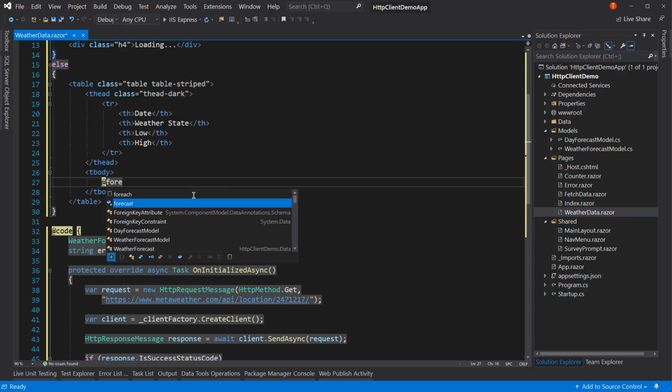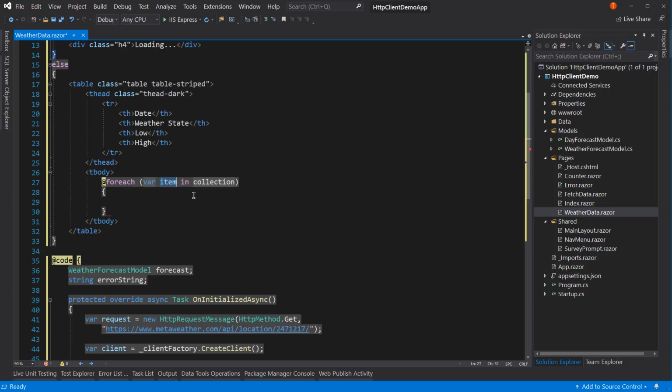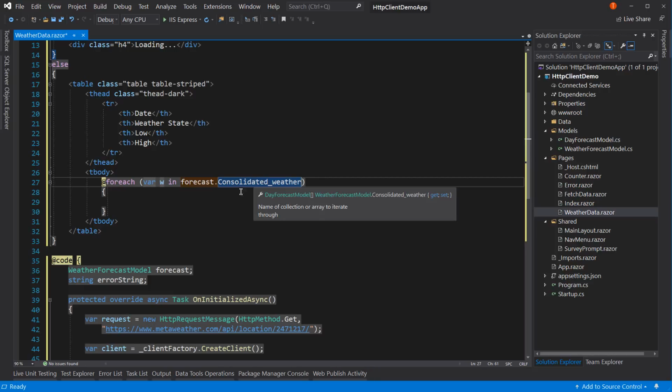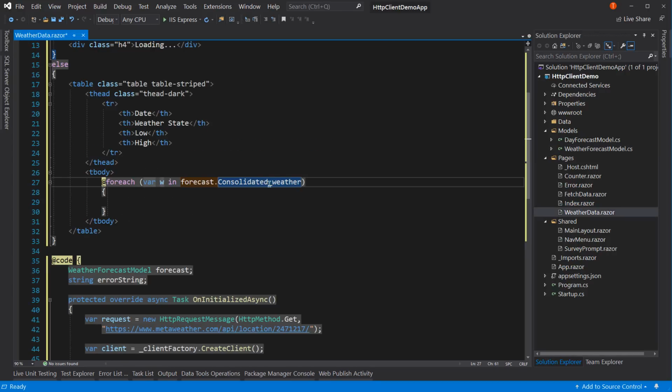So at for each, not forecast, at for each, let's get that snippet in play. For each, let's say w in forecast dot consolidated weather. So this is the list of weather items in there. So let's go back to our weather forecast model. We have consolidated weather. That's the property that has that list of day forecast model. So we're going to grab that